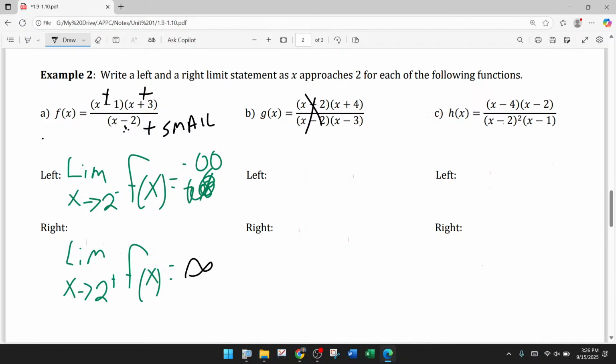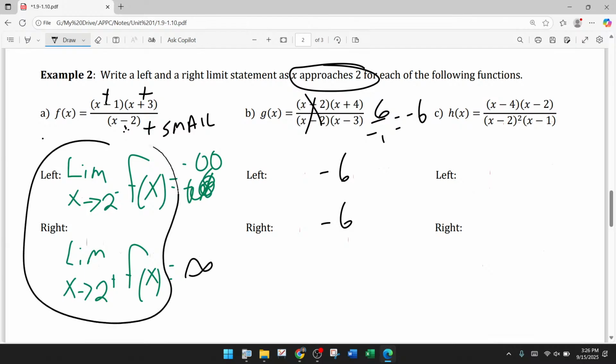So as I'm approaching 2, this is a hole. That's what they want me to approach, 2. I thought they might want me to approach 3, the vertical asymptote. So as I'm approaching 2, that becomes 0. So it becomes 2 plus 4, which is 6, and then 2 minus 3 is negative 1. So that's negative 6. And so both of those should be negative 6 after you write the limit statements like